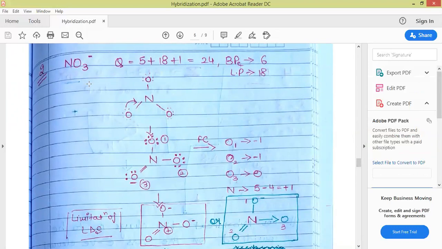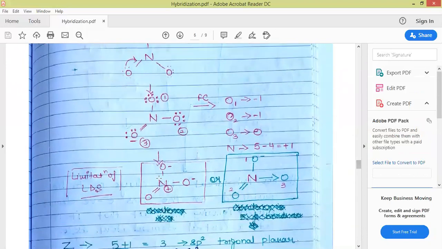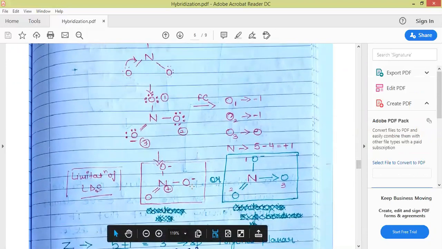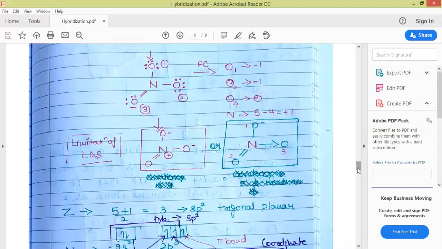Let's discuss the case of nitrate ion. Here for nitrate ion, this is the most acceptable Lewis dot structure. When Lewis theory was proposed, at that time the concept of coordinate bond was not there. But when the concept of hybridization came, the concept of coordinate bond was there, which is an advancement to Lewis dot structure. So this is a limitation of Lewis dot structure, that it is represented as there are more charges, more charge separation. So this can be represented in the form of coordinate bond like this.